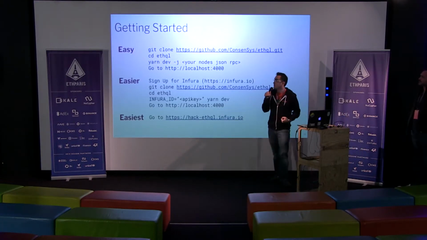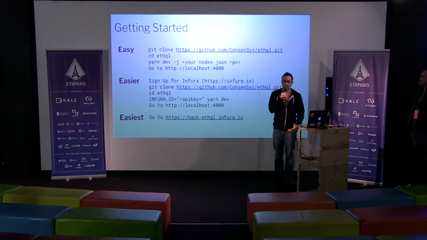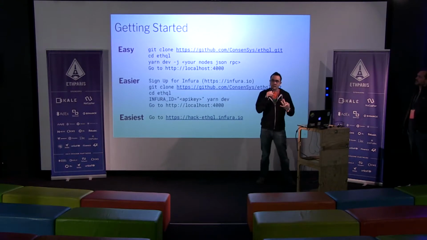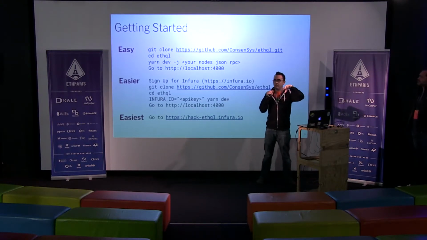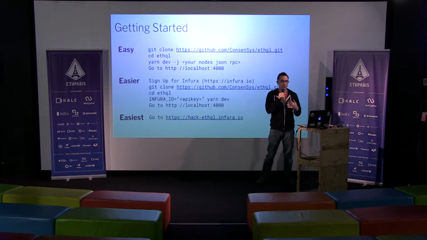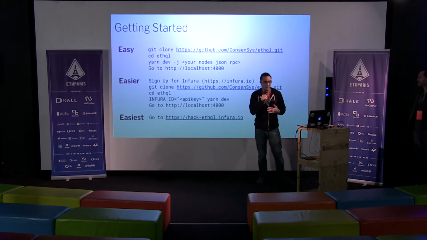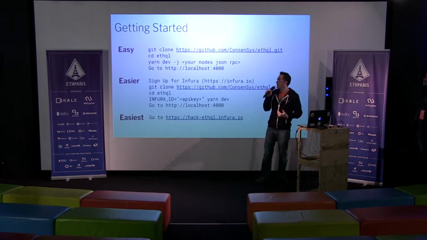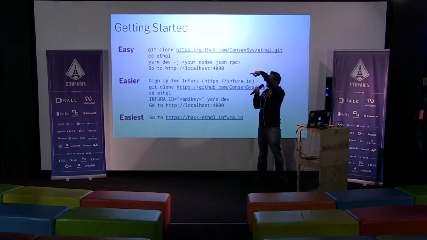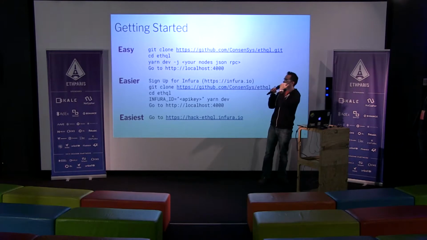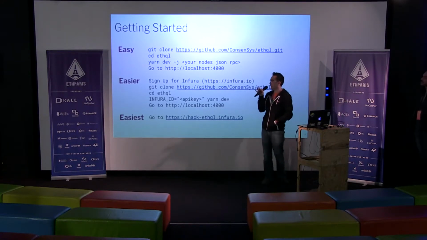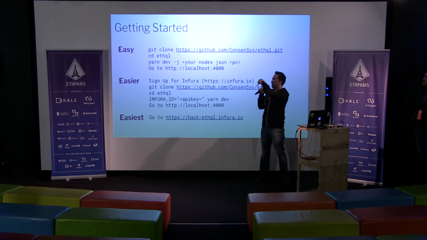So getting started is easy if you wanted to try hacking on it this weekend. There's 3 ways. This is really going around the EthQL extended server. So you can go to our repo, clone it. If you're running your own node, you basically start it with your own flag -j and then whatever your node's JSONRPC interface is. And then you can go to the localhost